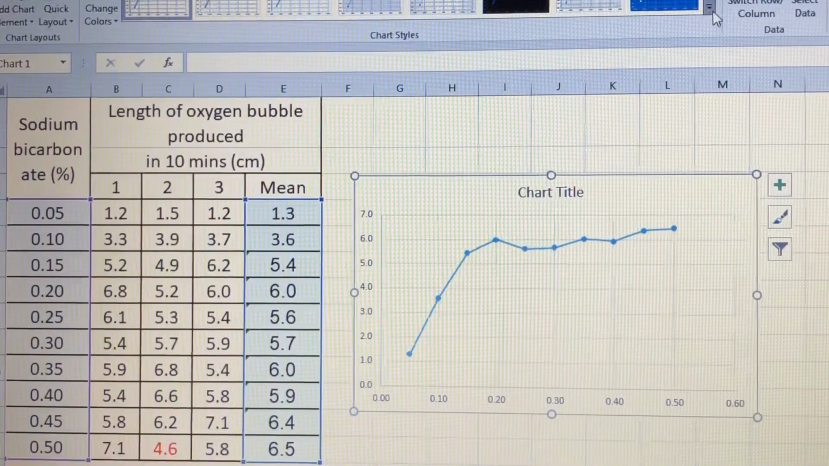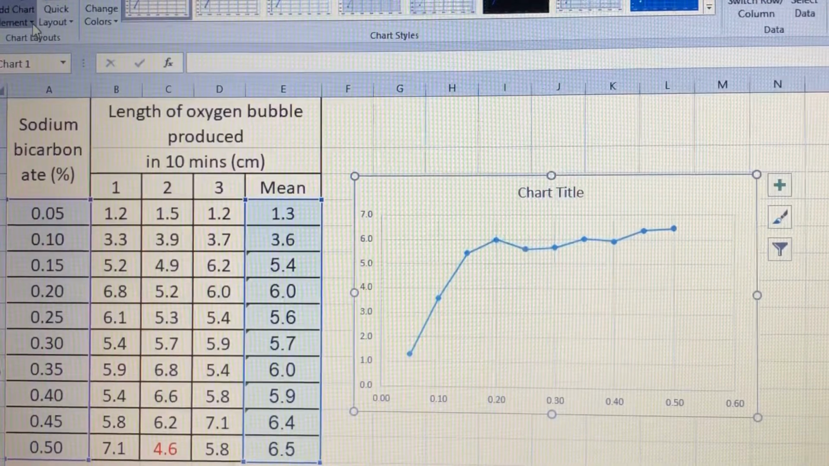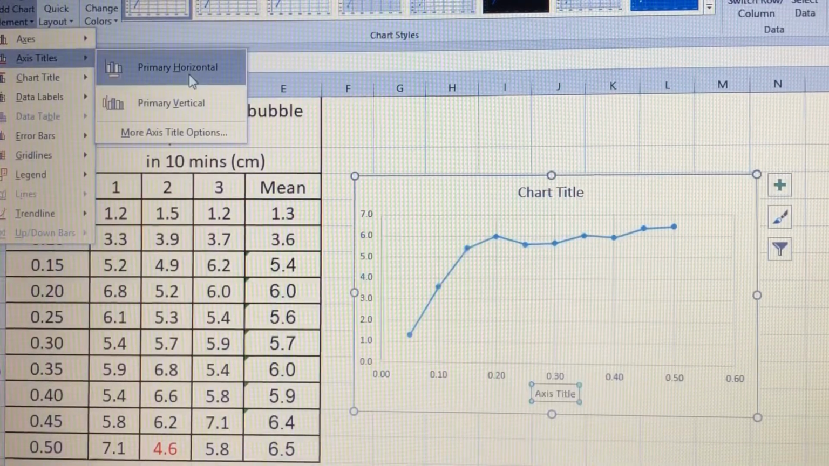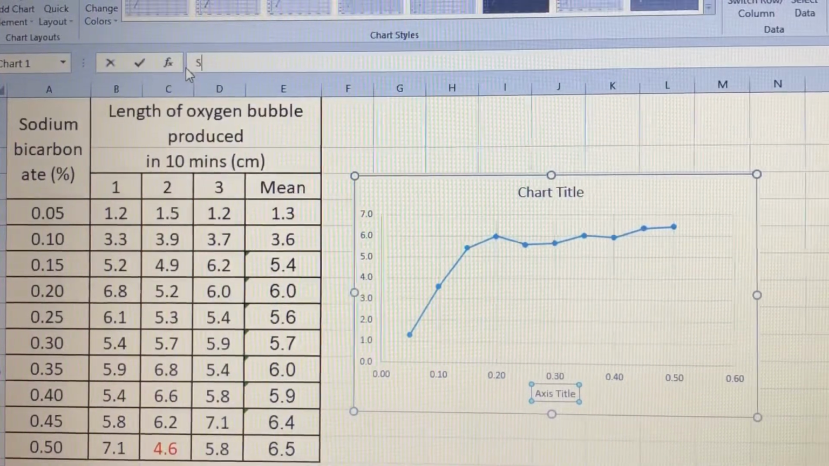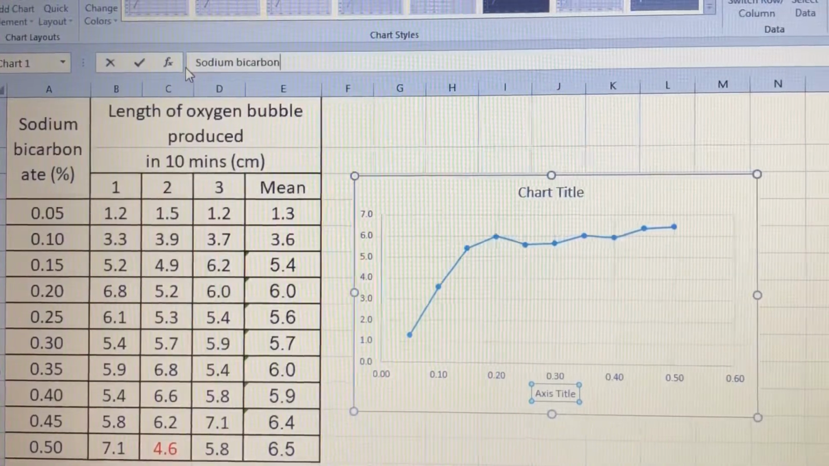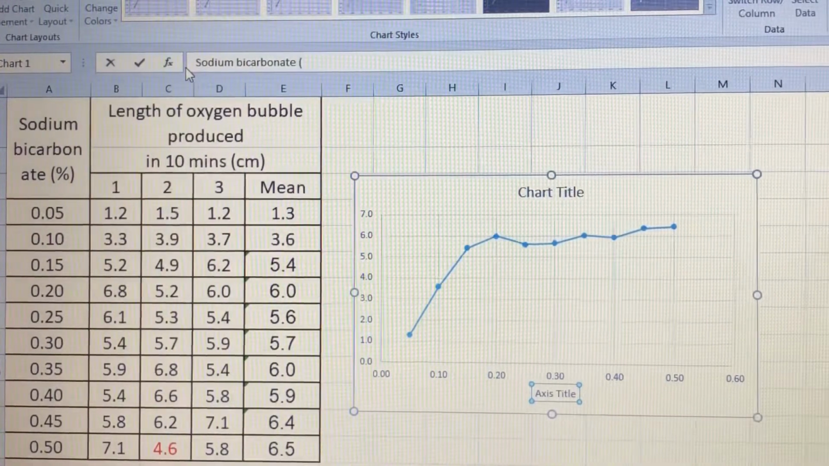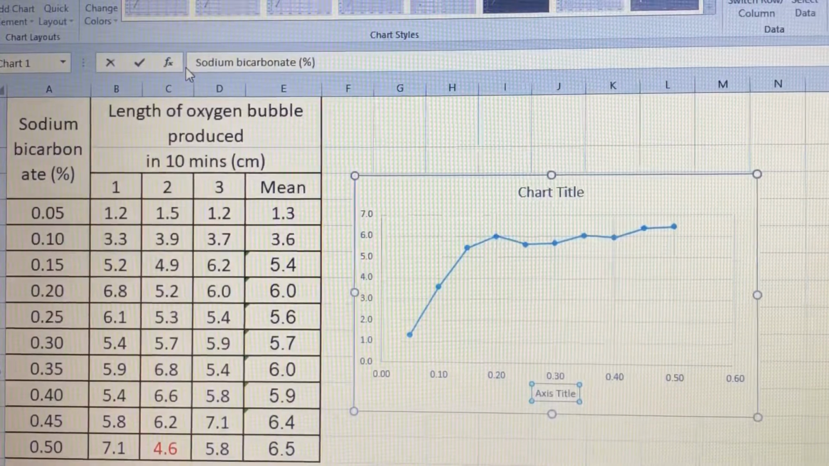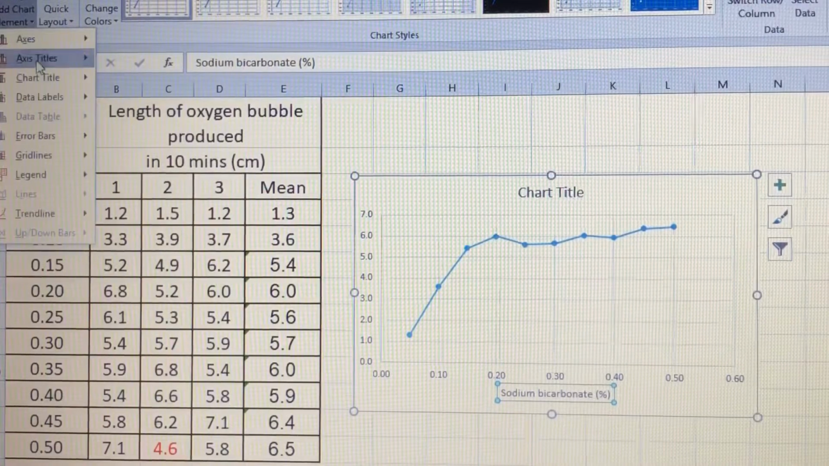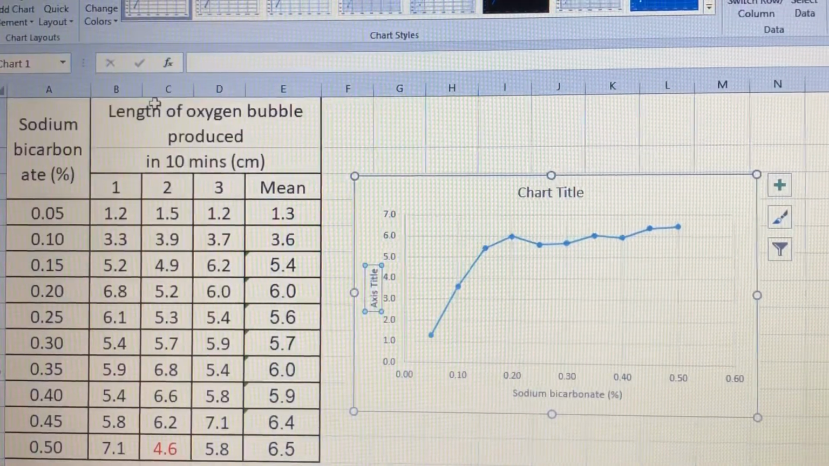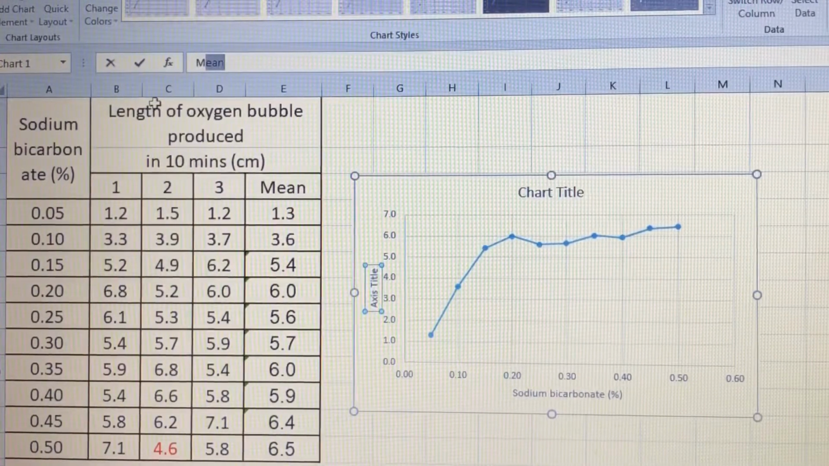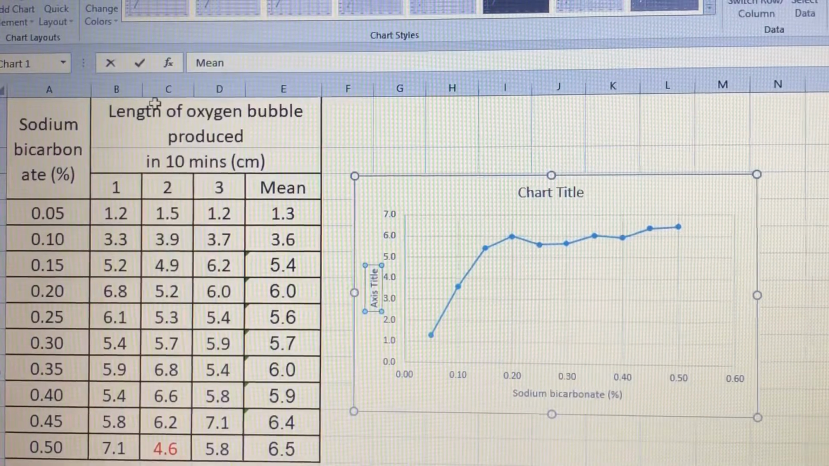And then what I did last time is I added chart element, and I added an axis title for the horizontal, which is sodium bicarbonate, which was measured as a percentage. Okay, so that's just come up there. And then I'm going to add another chart element, which is the vertical. And I didn't do this last time, I missed it out, but I'm going to remember to do it this time. It's the mean length